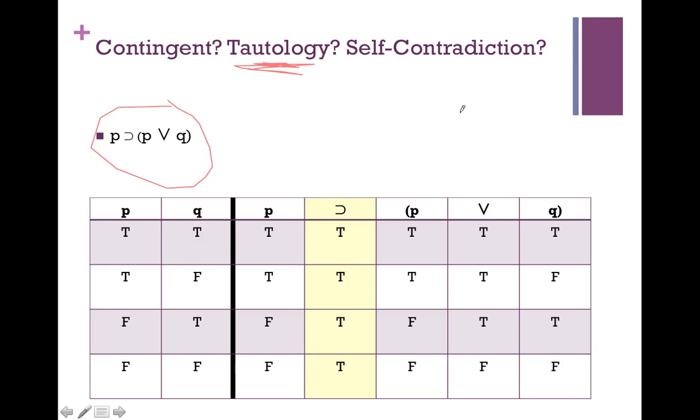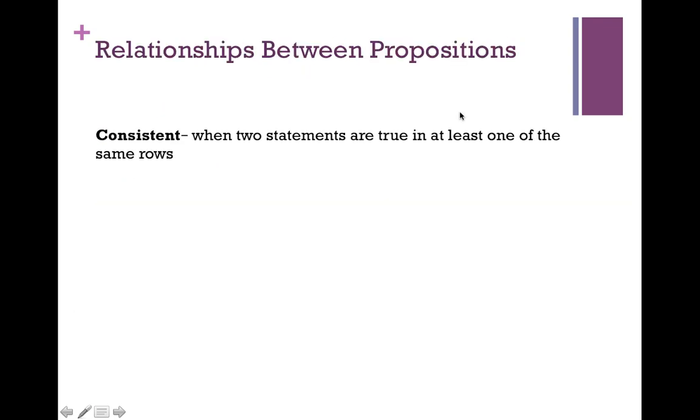So I'll give you these as examples so that you can see that tautologies and self-contradictions are not always immediately obvious, and so you do have to do these truth tables in order to know, are you dealing with a tautology or a self-contradiction? Now, we just got done talking about two properties of individual propositions,